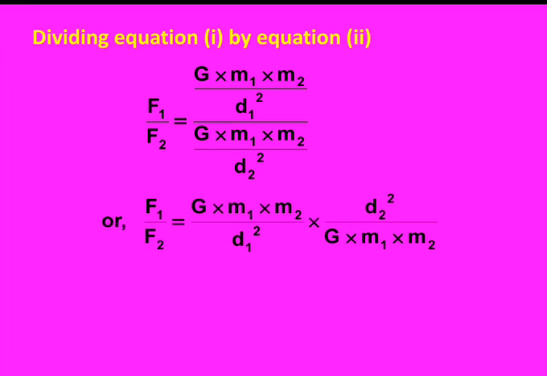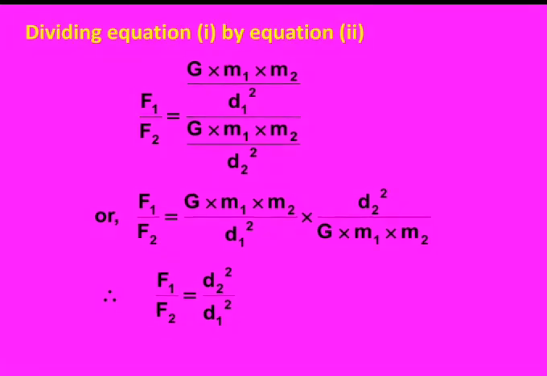Or F1 upon F2 equals capital G into M1 into M2 upon D1 square into D2 square upon capital G into M1 into M2. Therefore, F1 upon F2 equals D2 square upon D1 square. Now, F1 upon F2 equals D2 square upon D1 square,